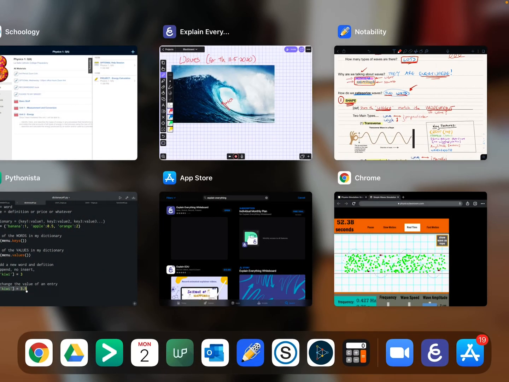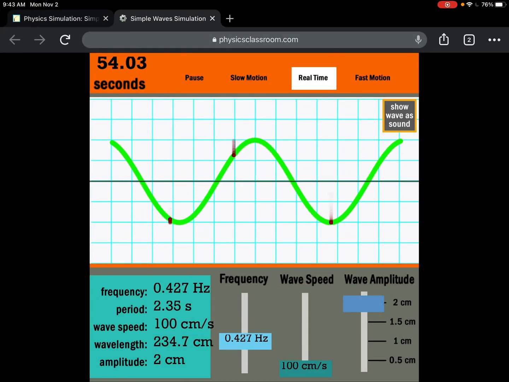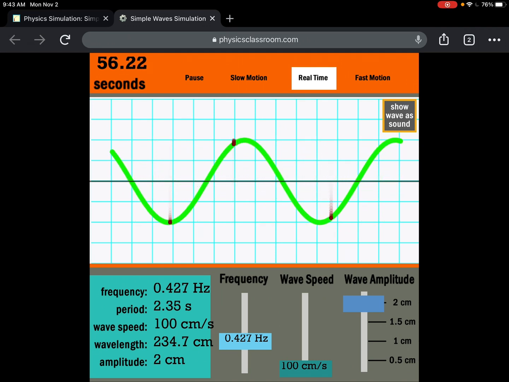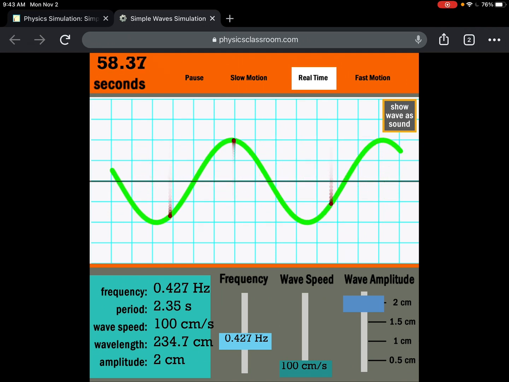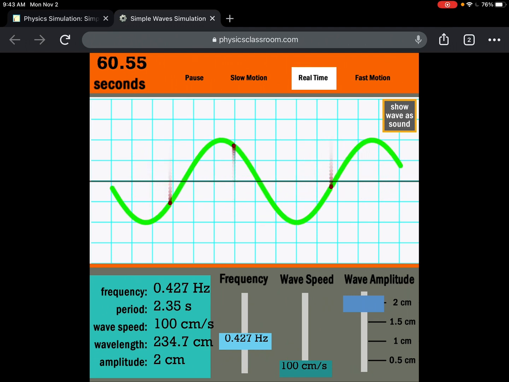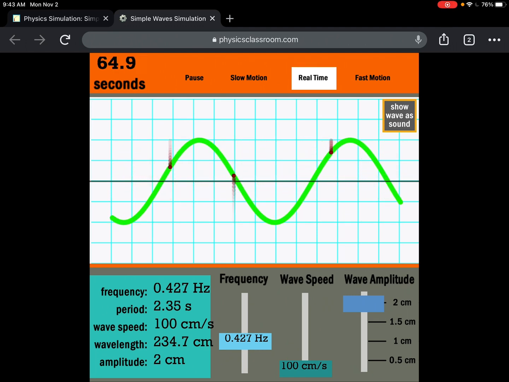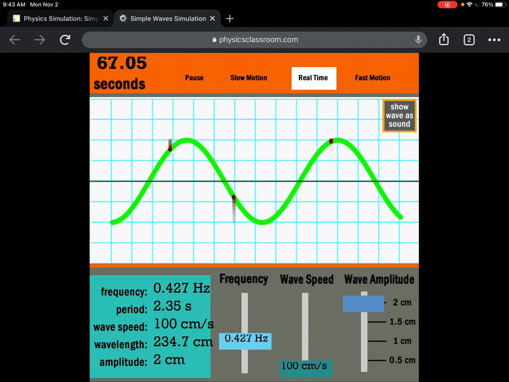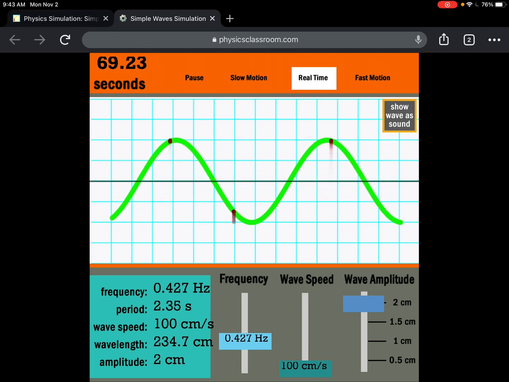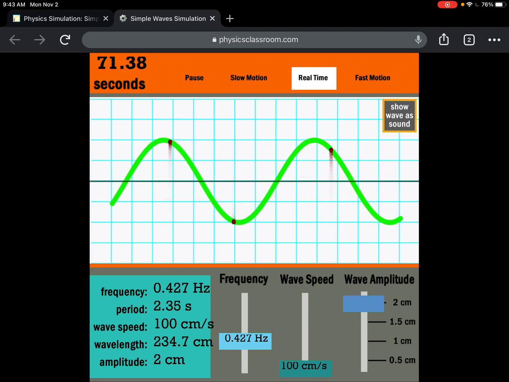And we see this all the time. This is you wiggling a slinky or a rope up and down. This is you shaking the end of an extension cord or a string. And you can see that these green peaks and valleys of this wave are moving to the right. So they're moving left and right. But those little reddish dots right there are representing molecules in the rope. They're just moving up and down.